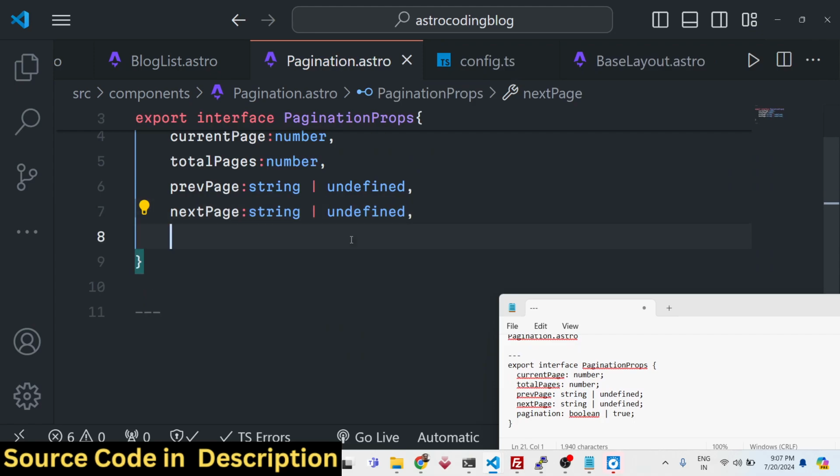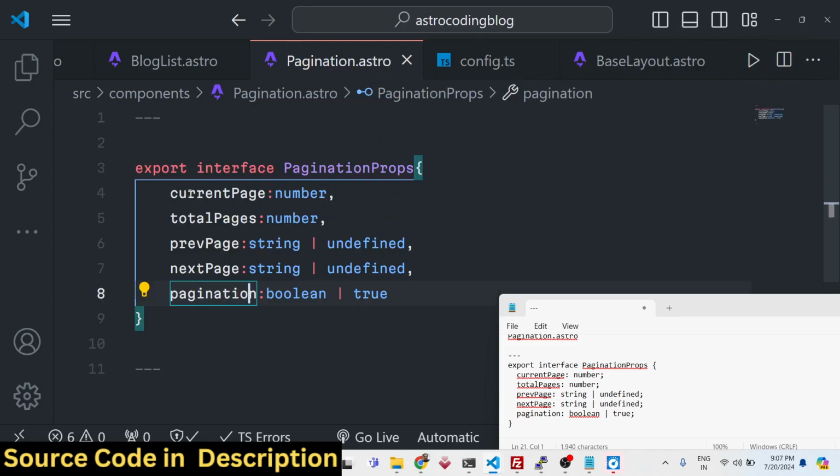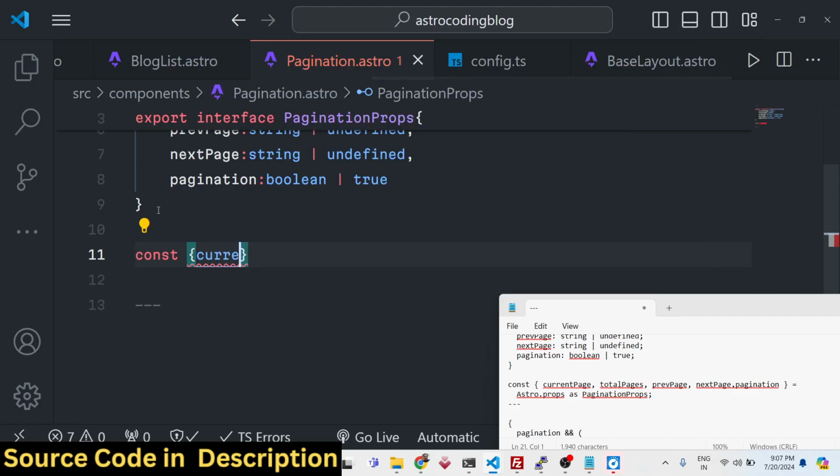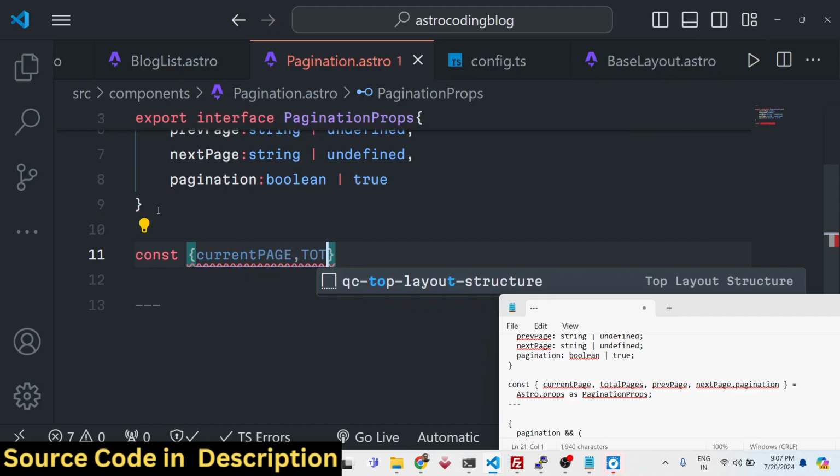And then we have the pagination, which is a boolean parameter. The default value will be true. So these are the different props which this component will receive: current page, total pages, previous page, next page, and pagination. Now we can destructure these parameters like this: current page, total pages,